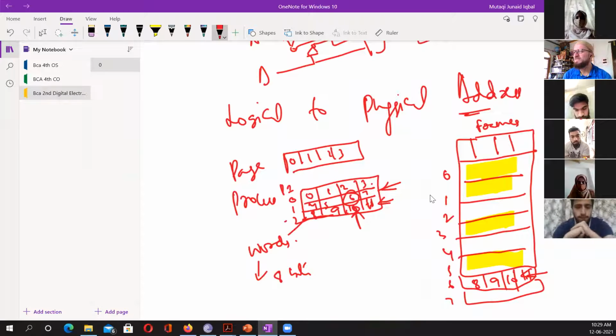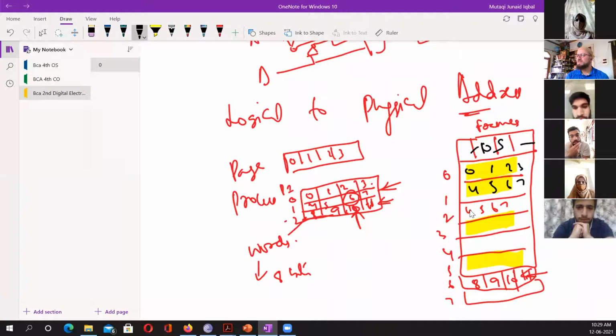So this is a very clear example of non-contiguous memory allocation. Say 4, 5, 6, 7, I am loading it here. I'm loading the frame here, I'm loading that page into the frame. But where have I loaded? I will write it in a black pen. This is 0, 1, 2, 3. Say for example, here is the operating system kernel. Okay, this is the OS part. 4, 5, 6, 7. This was 8, 9, 10, 11. Then 12, 13, 14, 15, 16, 17, 18, 19, 20, 21, 22, 23. Now this one is 24, this one is 25, this one is 26, this one is 27, then 28, 29,